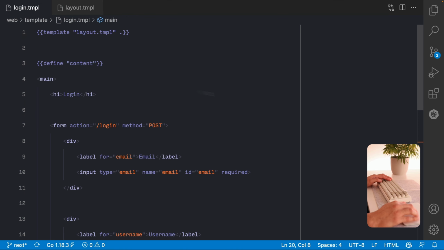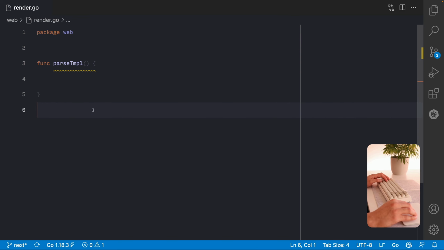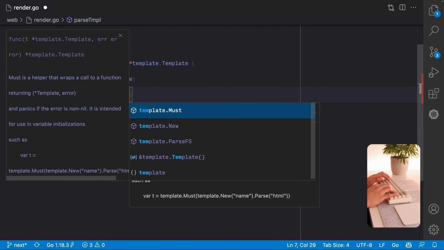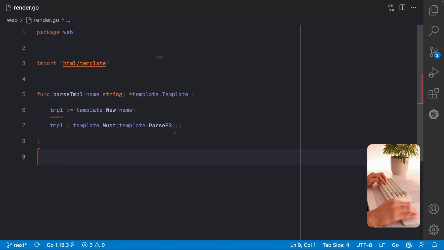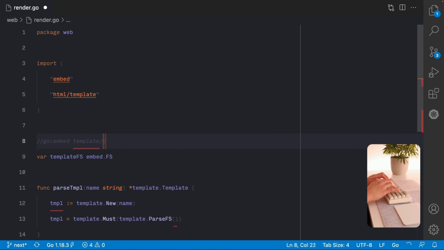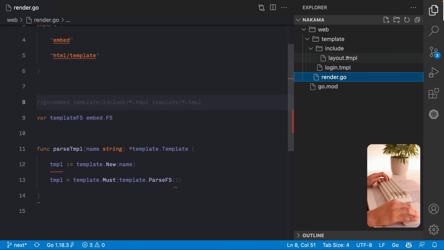All right, now we need to render this. I'm gonna create a function that is gonna parse those templates. We are gonna embed those templates into the code. Make sure to embed both the include directory and the root template directory.